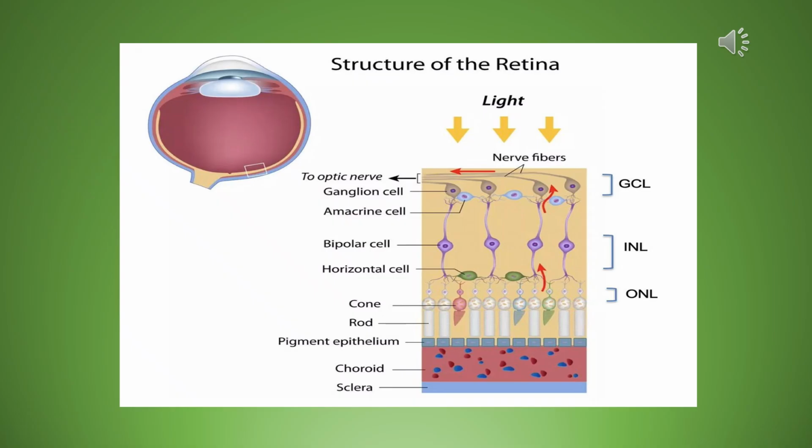Now notice that the axons of the ganglion cells all come together. They form the optic nerve. So that is the visual pathway to that point: rods and cones, bipolar cells, ganglion cells, and the axons of the ganglion cells are the optic nerve. So on the next slide, we will take it from there.